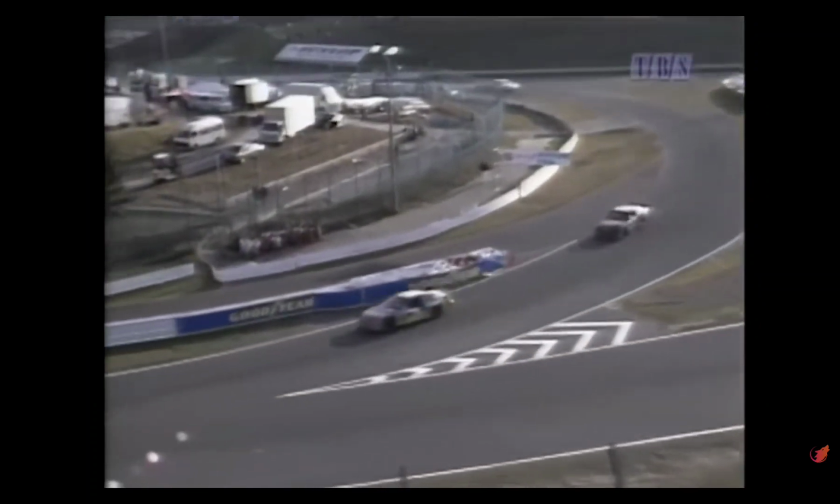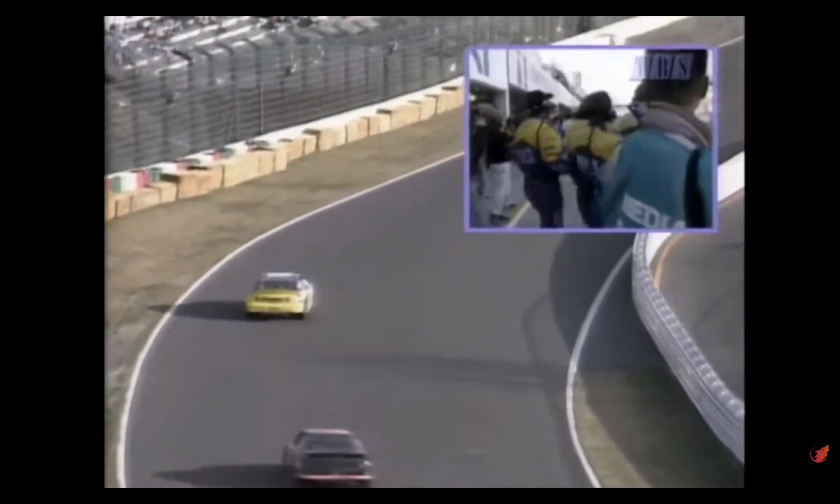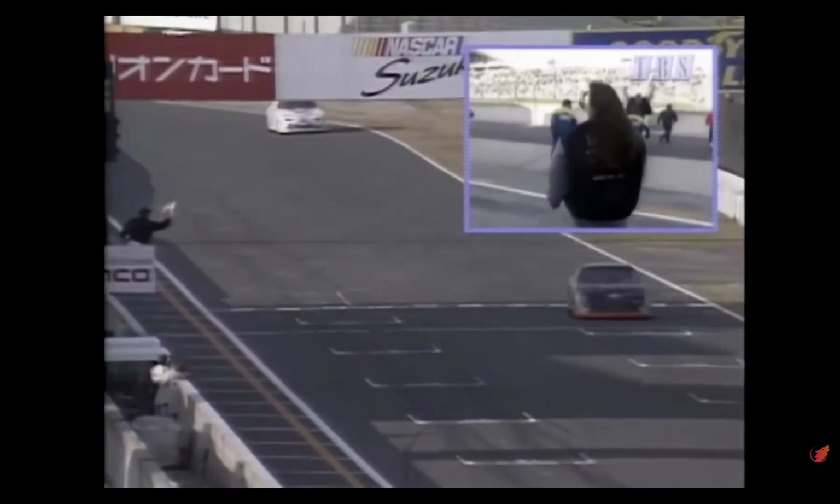Pulling off his right, turning down into turn 8, heading for the home stretch. Across the stripe, winning the NASCAR Thunder Special Suzuka is car number 31. Mike Skinner, Susanville, California, has done it here in...